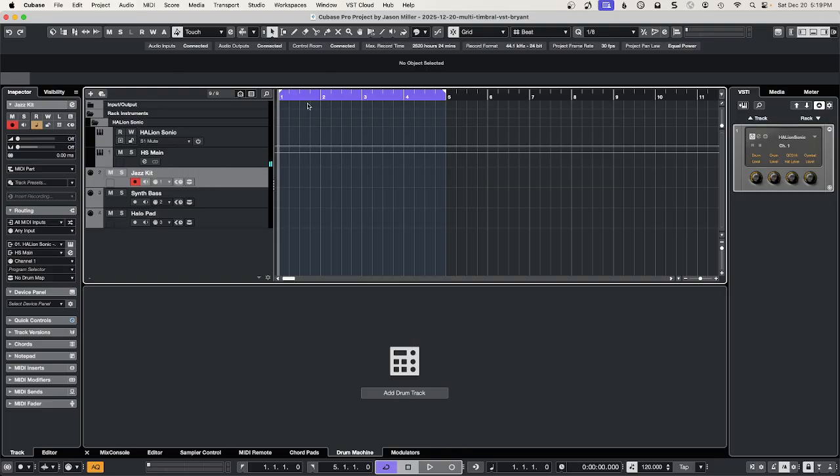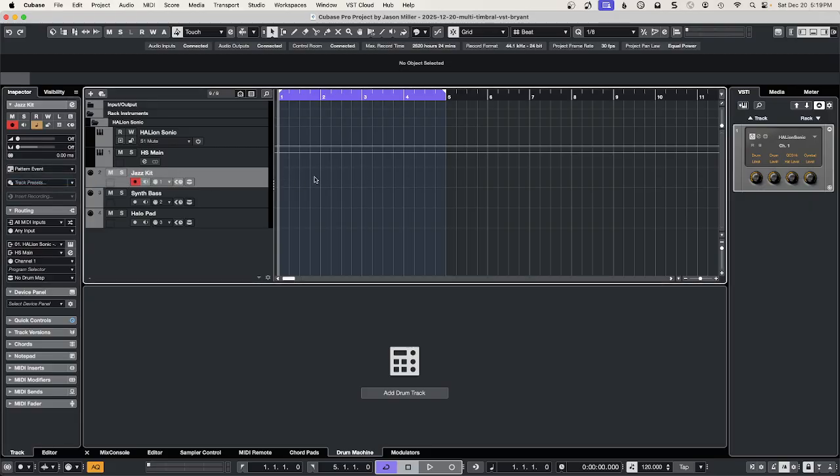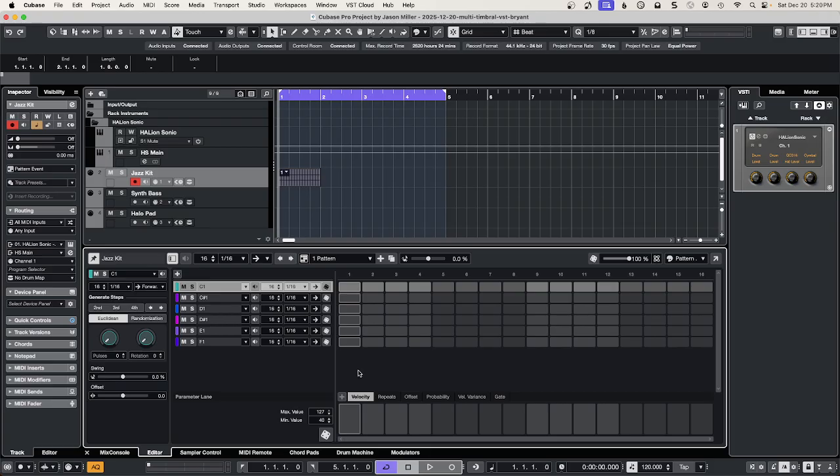So, okay, let's do our drums first. Instead of a MIDI part, I'm just going to do a pattern event, which is really great because a pattern event will be easier to program. So we just open that up, and now let's see here. I can't hear the sounds, but